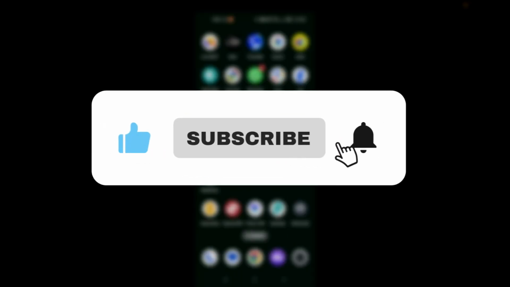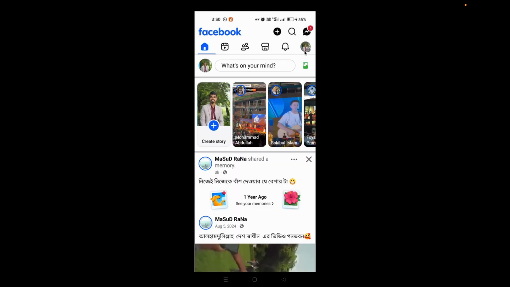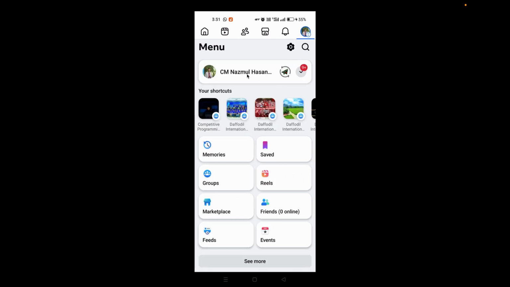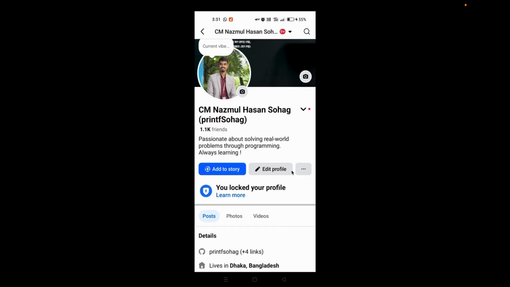So first of all, open the Facebook app on your phone. Here I'm going to open it. And then click on this profile icon on the top right corner and select the profile. And now normally you have to try to find the music section. If you can't see that kind of section, just click on this edit profile